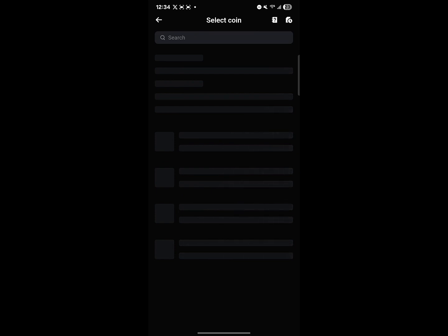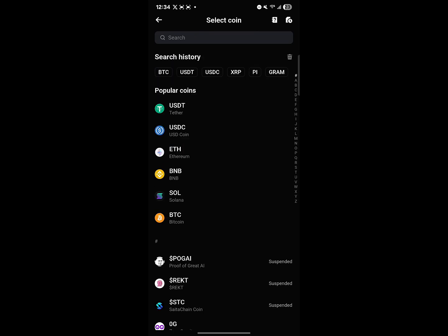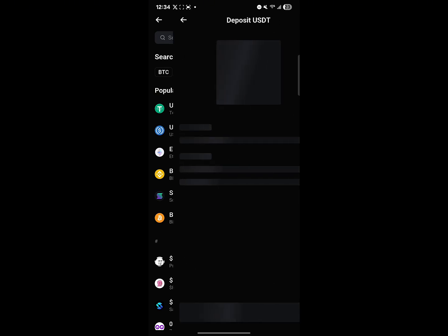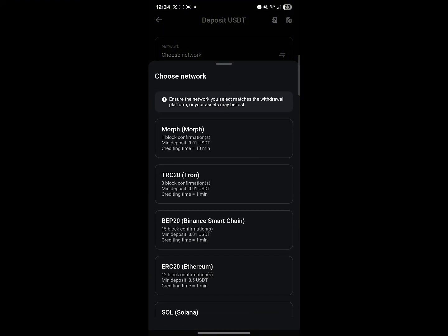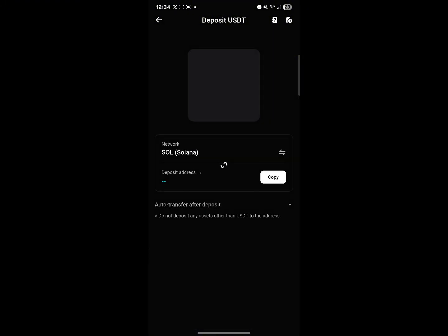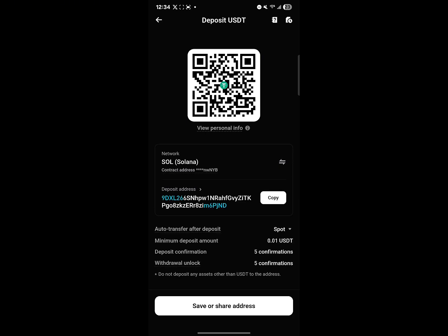Deposit Crypto. A list of cryptocurrencies will show up. These are known as coins, and then just simply select the network or the coin you want to find a blockchain for. So let's say we want to receive something on the Solana network. In order to find a blockchain address, just simply scroll through and select Solana, and you're going to see contract